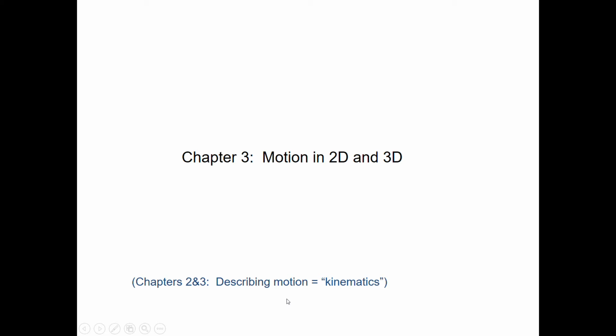Now in chapter 3, we want to generalize those ideas of what is position, velocity. Well, we know what position means in 2D and 3D, but what do velocity and acceleration mean? How do we describe them mathematically? And that's going to take a little side road into reminding ourselves about properties of right triangles and learning about the idea